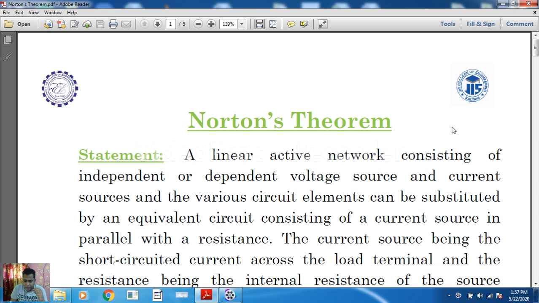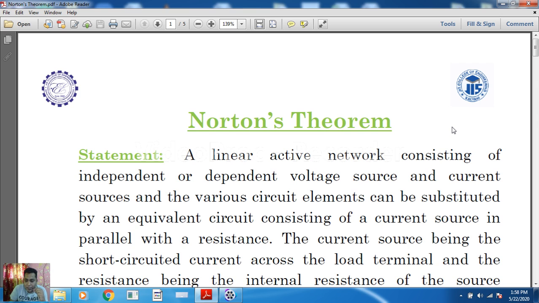We have already discussed some other theorems, except KVL and KCL, because those are school level physics. We have already done those in school. Here in Norton's theorem, as we have done in the superposition theorem and Thevenin's theorem, the same procedure we will maintain to understand the theorem, so that you will very easily understand